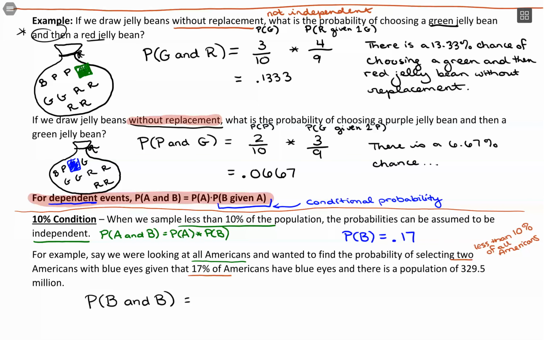So I would have to use my rule that's up above here of, okay, what's the probability of someone with blue eyes? And then times, what's the probability of selecting someone with blue eyes given that we've already taken someone out of the population that has blue eyes? So numerically here, I'm going to show you what happens. It's kind of messy because these numbers are absolutely huge, but it kind of proves the point. So 17% of the 329.5 million Americans have blue eyes. That calculation there would just leave you with